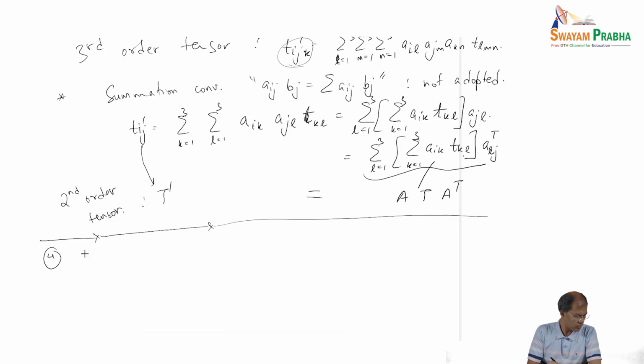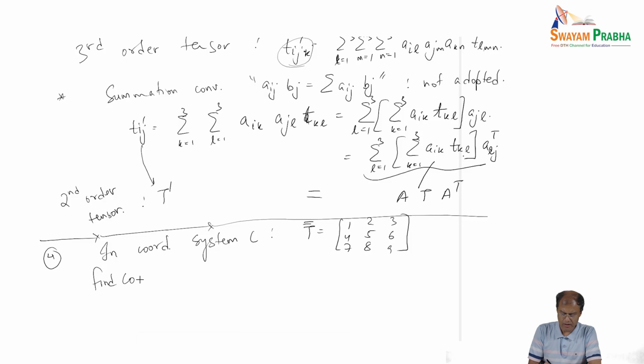So suppose we look at a second order tensor. In coordinate system C, our tensor T is given by 1, 4, 7, 2, 5, 8, 3, 6, 9. So this is our tensor T. The problem says we have to find the components in C prime